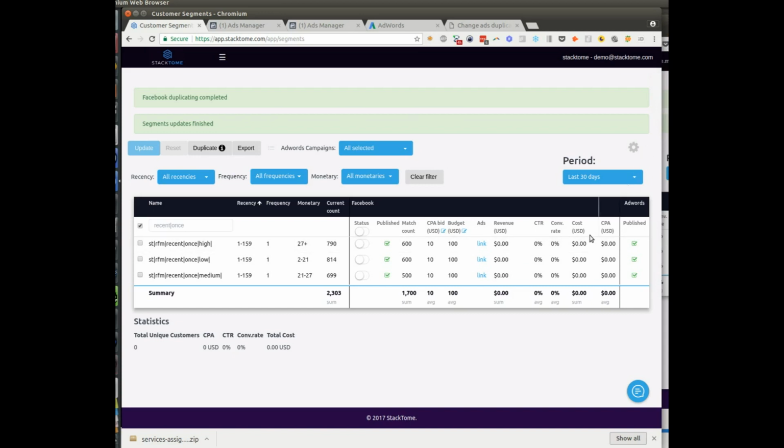Now once your ads are active, all we need to do is make sure that your segments are active as well. If not, you can just activate them from a grid here. You click update, and that will activate the segments and start the targeting audiences,